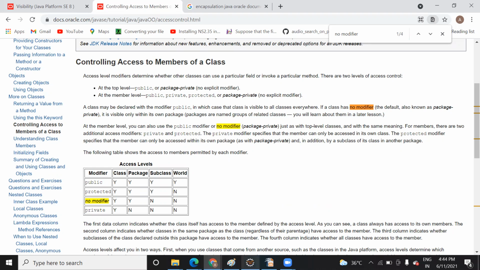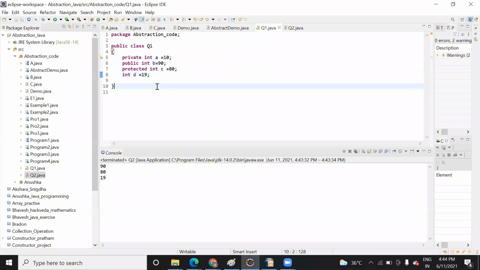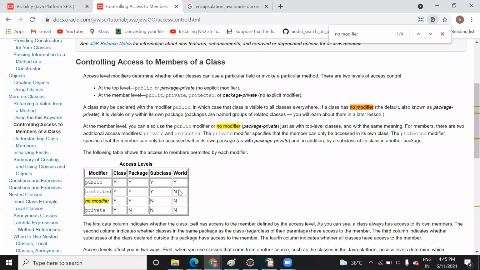But if it were private by default, it should not be accessible, right? In private, as we have seen, it will not be accessible within the subclass, and not accessible in the package. So it means that no modifier acts like a public modifier that will be accessible.